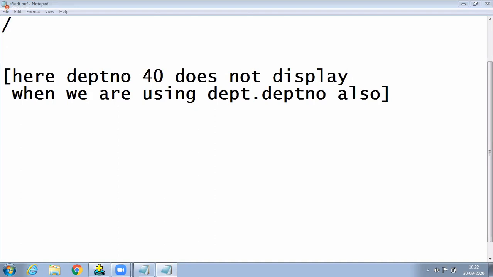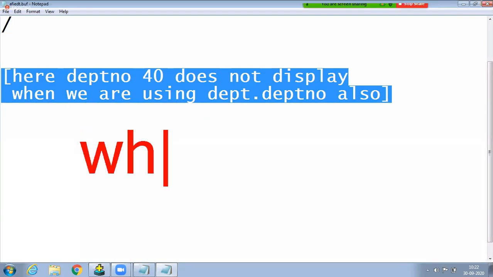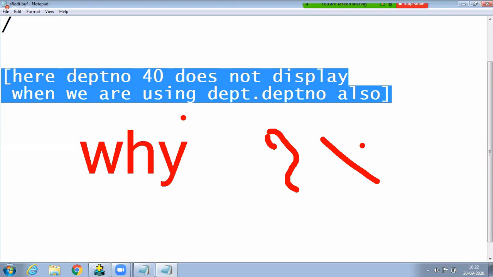And now check it out. Concentrate, again 10 minutes concentrate. Very important today, the end of the class is the most powerful, because we are telling about join execution. But unfortunately, when attending an interview, so many fellows are asked: do you have any idea why equi-joins return matching rows only? Why does it not retrieve non-matching rows? The interviewer asks, and so many fellows do not tell the answer, so they are rejected and the interview is gone.